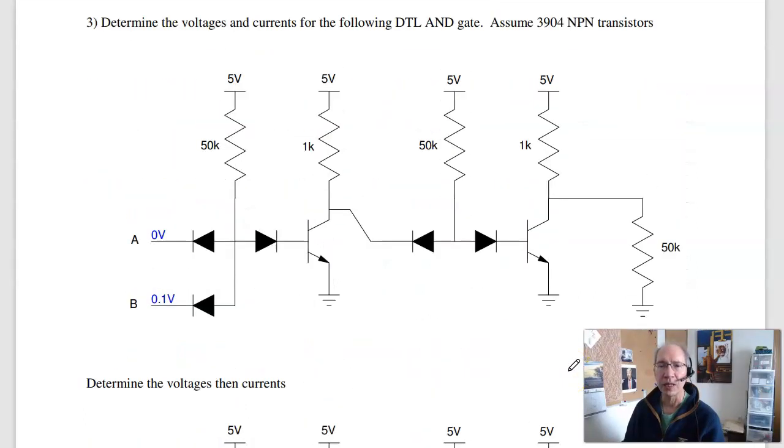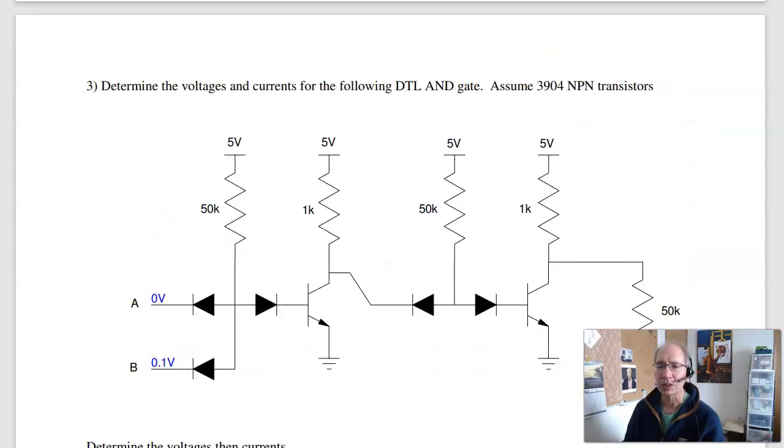Problem 3. Determine the voltages and currents for this NAND gate. So again, this is a min function. The current can go left or right. Going right is 1.4 volts, 2 diodes, 0 volts or 0.1. So this is the one that's going to be on, the lowest voltage. This one's off, and this one's off,